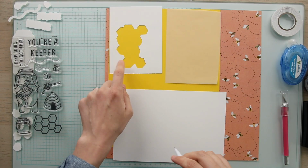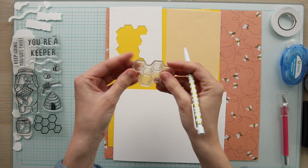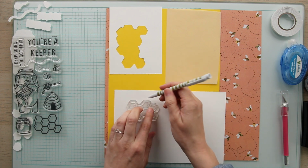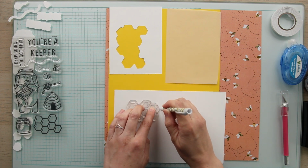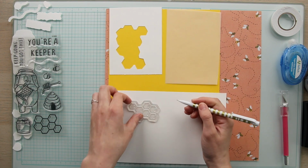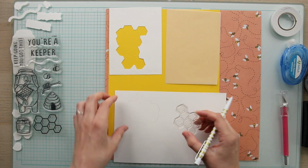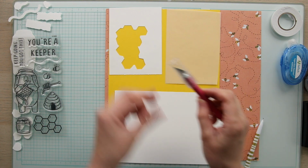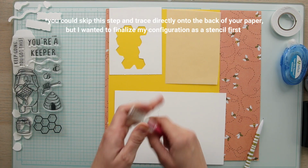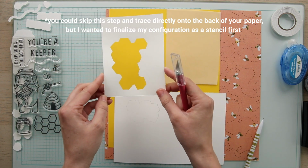So I already went ahead and cut out my stencil, but to do this, all you're going to do is take your stamp, flip it over as if you are actually stamping it, take a pencil, and trace it. Alright, so pretend I traced that completely, make the shape configuration that you want, and then all you're going to do is take your X-Acto knife and cut it out. That's going to leave you with this stencil, which we're going to use to trace out the cutout on our